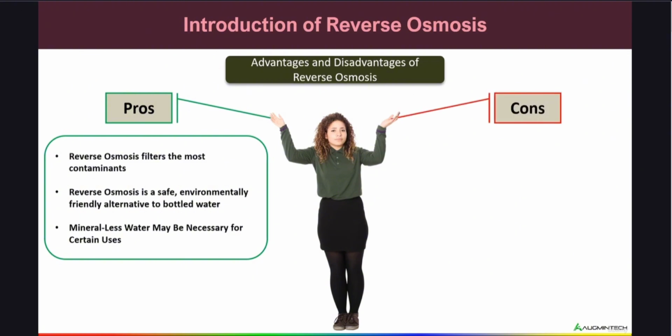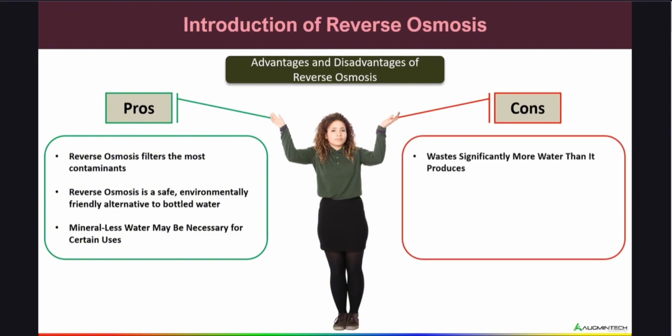While it is the most effective water filtration technique on the market, preventing particles as small as fluoride from entering your water, it is also inefficient from an eco-friendly standpoint. So the first point we have is that it wastes significantly more water than it produces. According to the EPA, reverse osmosis units use approximately 3 times as much water as they treat, which may be reflected on your water bill. In fact, some household reverse osmosis systems only recover between 5 to 15% of the water they filter.